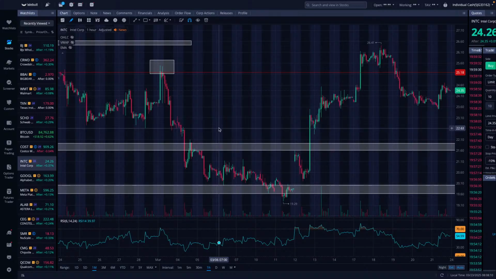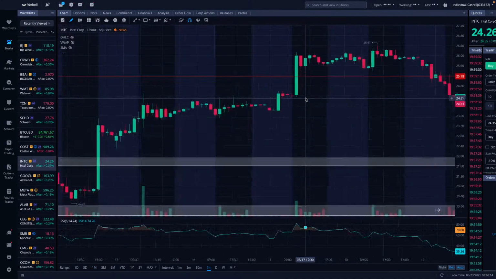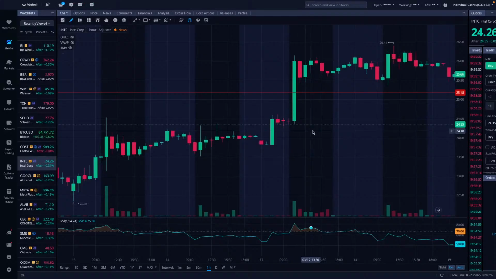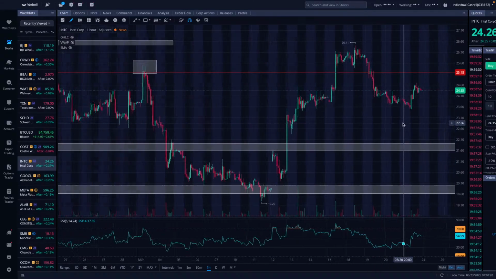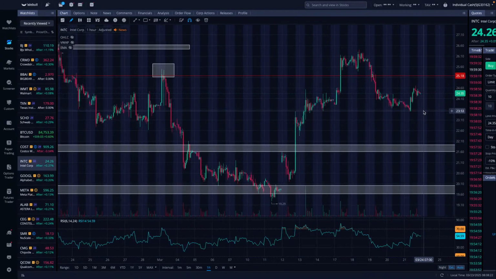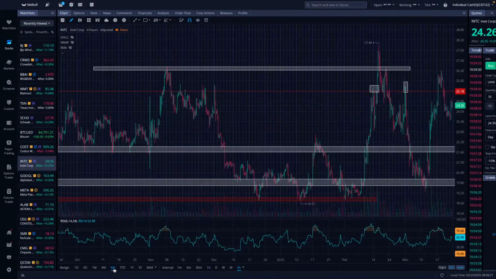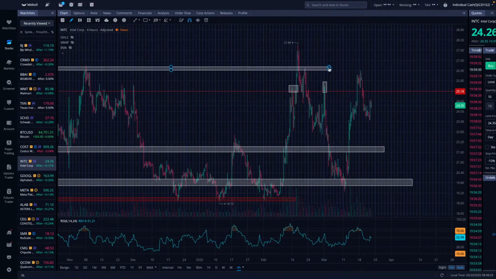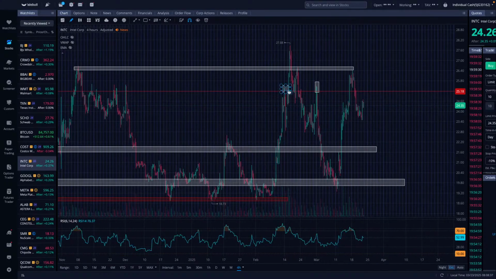Intel, ever since they announced the CEO news, you got that nice pop. They announced the CEO about a week ago, and it went from 24 up to 26. Now it's starting to sell off. It pulled back all the way to 23.50, and now it's consolidating in this range. There definitely is some investor support for the CEO, which is nice. There's definitely belief that he can turn it around, but he still has a long road ahead of him, and you've got to be really cautious.